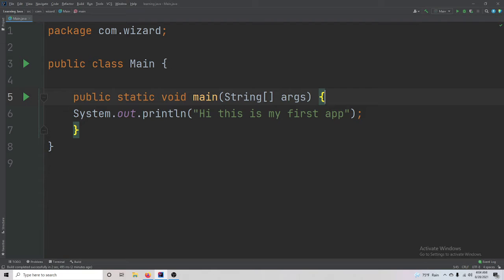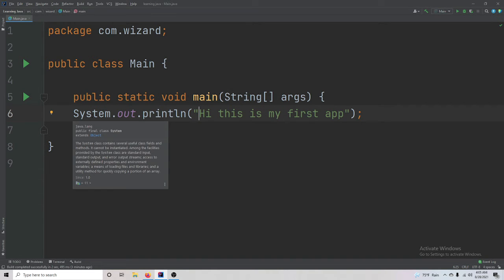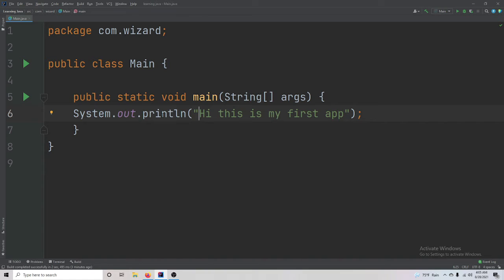At the end over here we also have a curly bracket. You can see we have system.out.print. Then at the far end we have a semicolon, and inside these brackets we have this information,